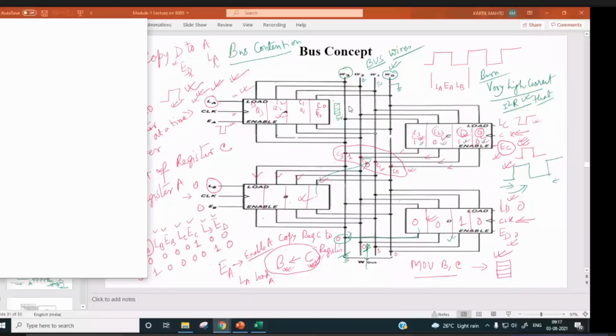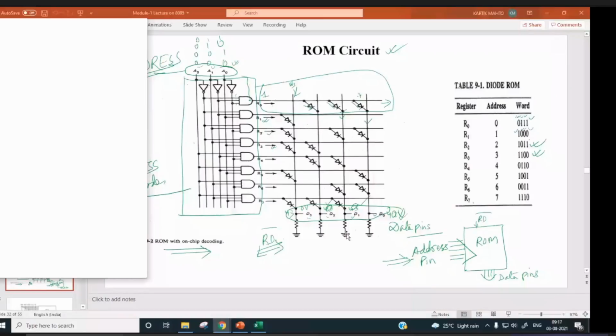And here we have the ROM circuitry. We discussed that in the first location, 0111 is stored, right? This circuitry also we have discussed. So from A0, A1, A2 the address is coming, and from D0, D1, D2 the data is coming out. So how many locations do we have?